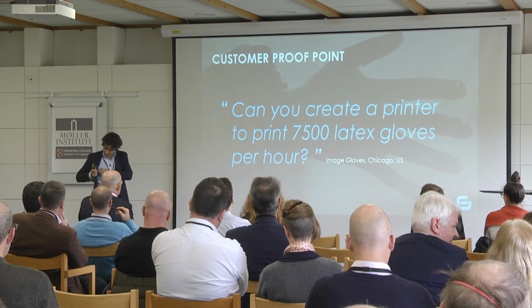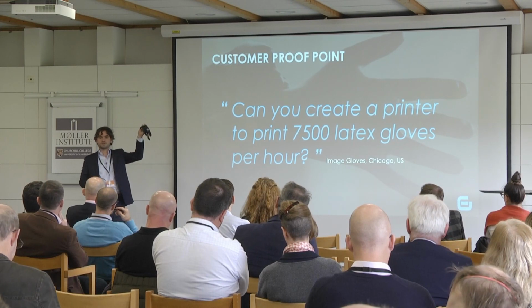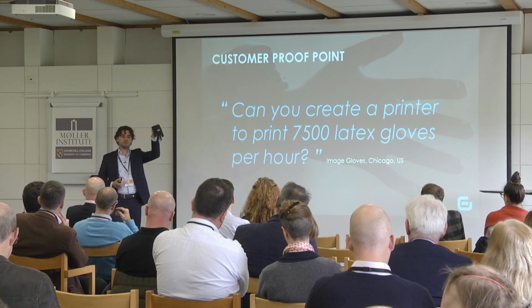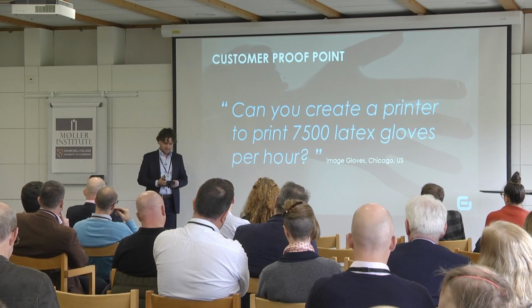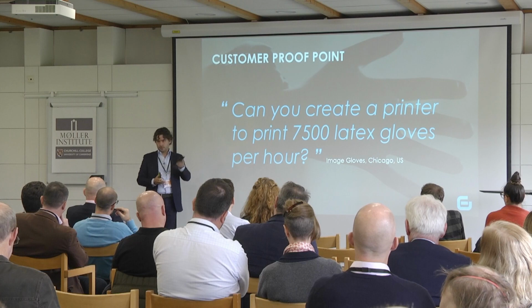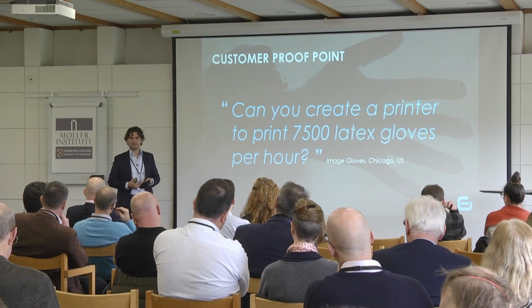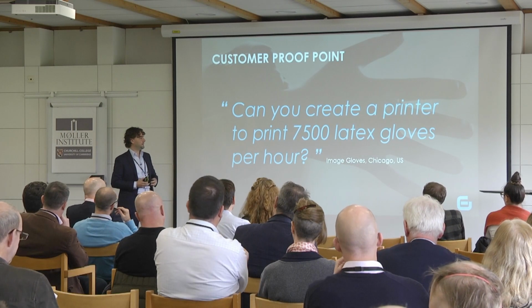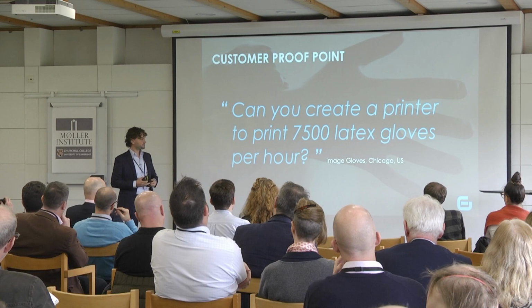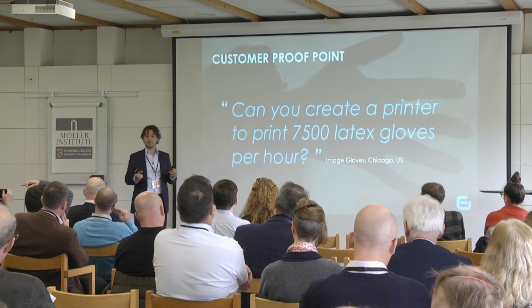I'm talking about, you all know the disposable latex gloves, and you can imagine in the COVID period, this was a big thing. So you can also imagine we weren't that enthusiastic immediately, because it's a difficult product to have adhesion on, and how do you deal with the product? But we didn't have anywhere to go anyway, so we thought, okay, let's just give it a shot